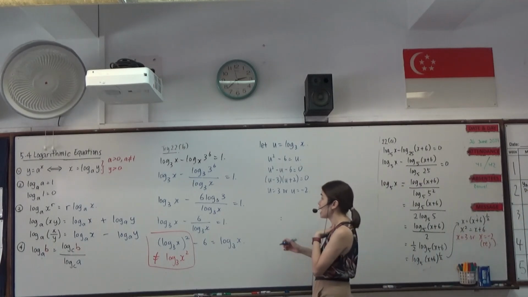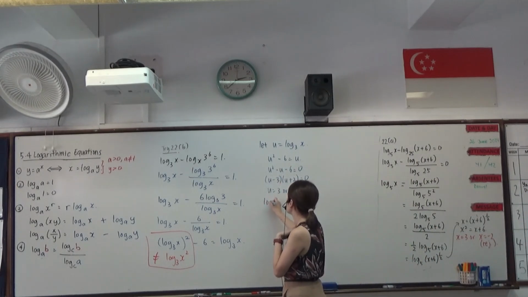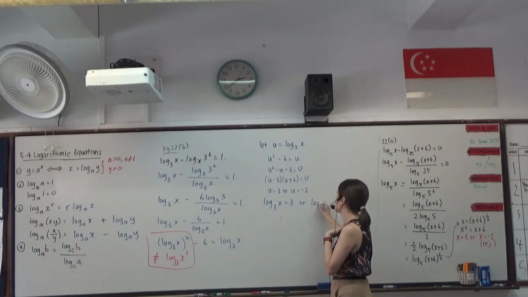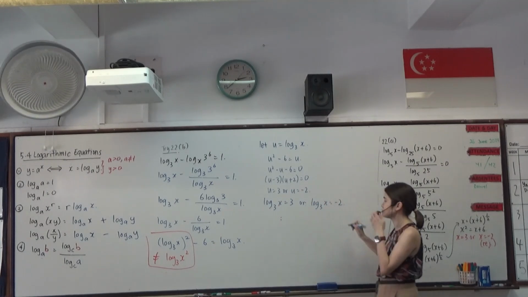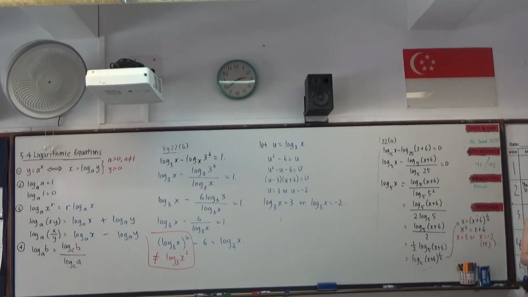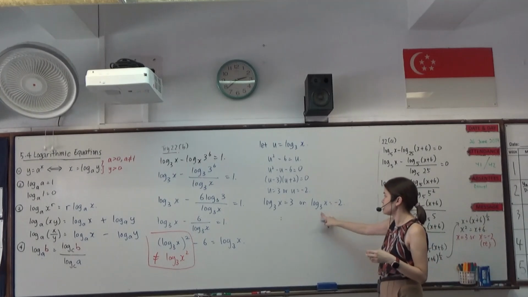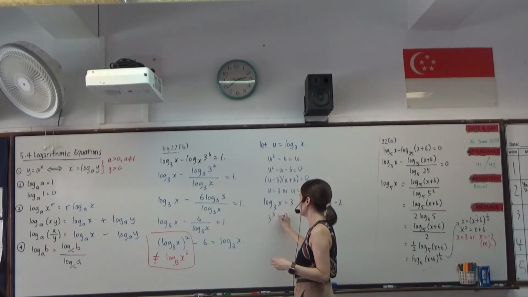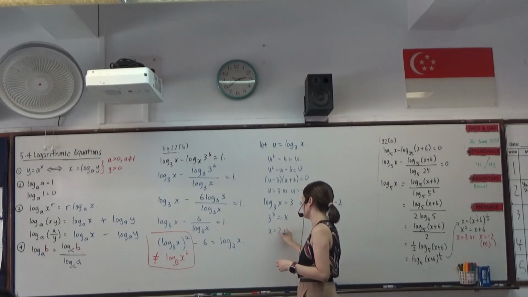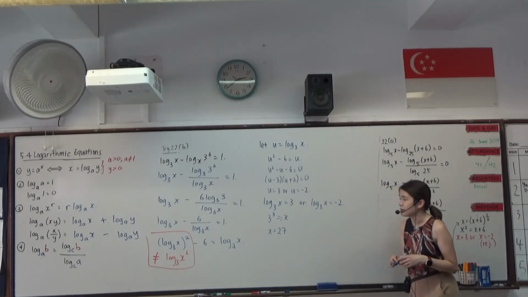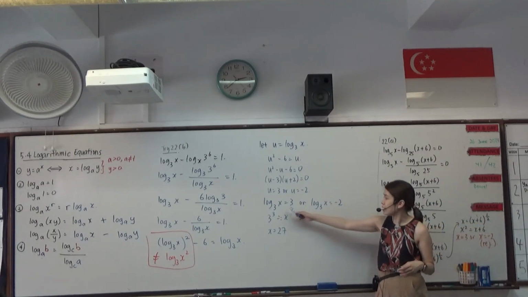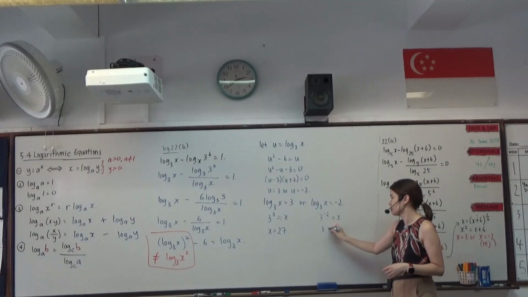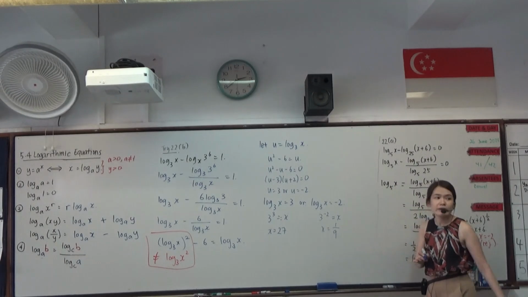We're trying to find the value of x. So don't forget that, which often gets missed out. So we have log x base 3 equals 3 or log x base 3 equals negative 2. Then we solve it individually. We get x equals 27 for the first one, and for the other one, 3 to the power negative 2 equals x. So x is equal to 1 over